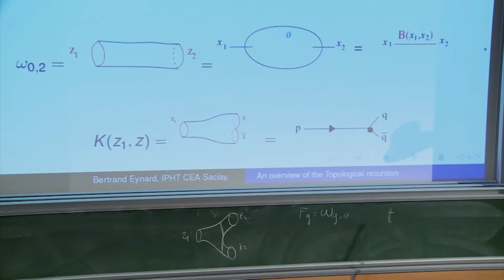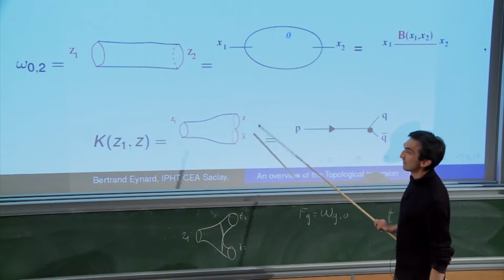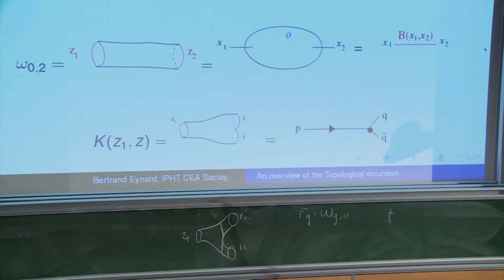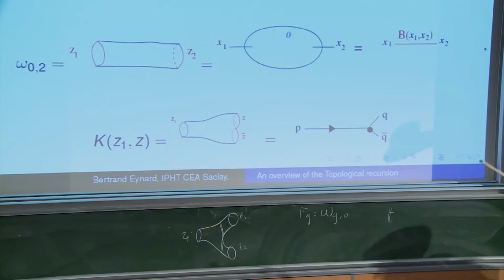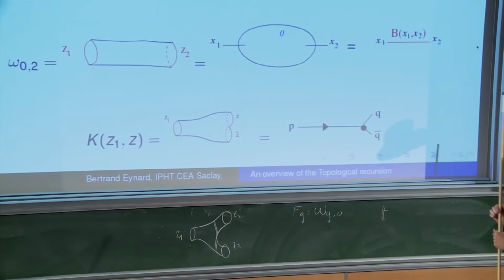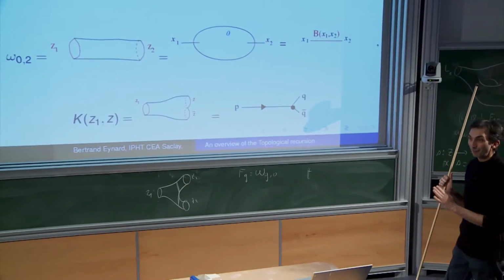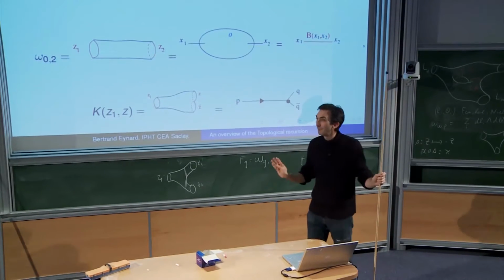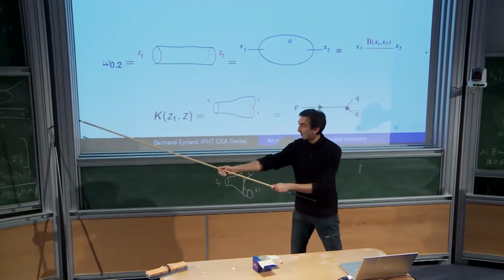Sometimes we call it the short. So it's like there is one boundary, but which is pinched. It's just a picture. Very often, also, it will be represented as a line with a trivalent vertex. Just a mnemonic rule? Yes, it's just a mnemonic rule. It would be very nice to find an actual interpretation of that, but for the moment it is not known. For the moment it's only a nice mnemonic rule to remember that equation.